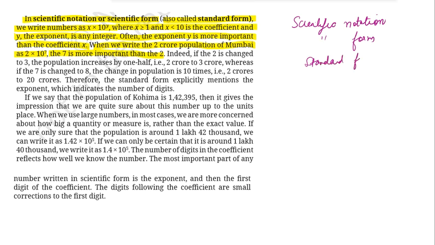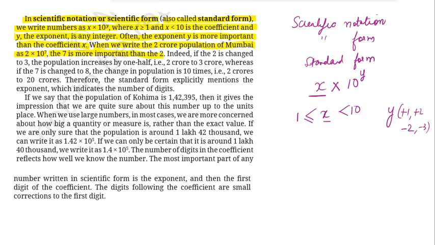And how do we write this standard form? As you have a number x which is then multiplied with 10 raised to the power of y. And the value of this number x should be greater than or equal to 1 and less than 10. तो 1 से लेके 10 के बीच में इसकी रेंज होती है. And y can be any integer. Integer means it can have positive 1, positive 2, any positive whole numbers, and it can have negative whole numbers as well.